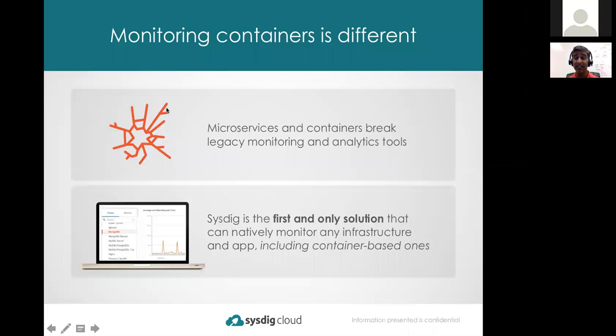In the meantime, let's talk about monitoring containers. If you're getting into the process of looking at containers, maybe you're using them in dev and figuring out how to move them through staging and prod, typically what you'll see is that the models that previous monitoring products used kind of break when you start moving to containerized and microservice-based infrastructure. We'll talk about why that is in a moment, but this is kind of the history of Sysdig. We came around with the idea that